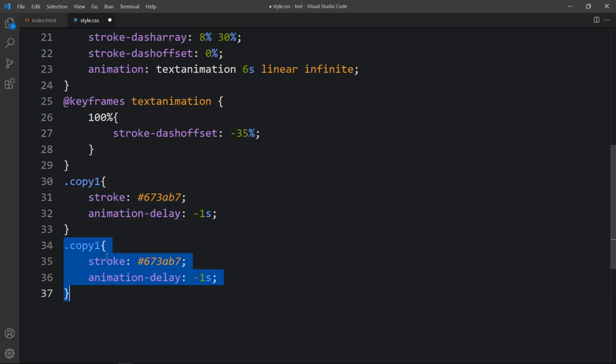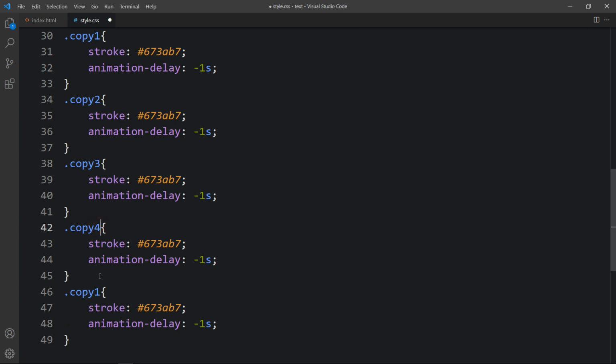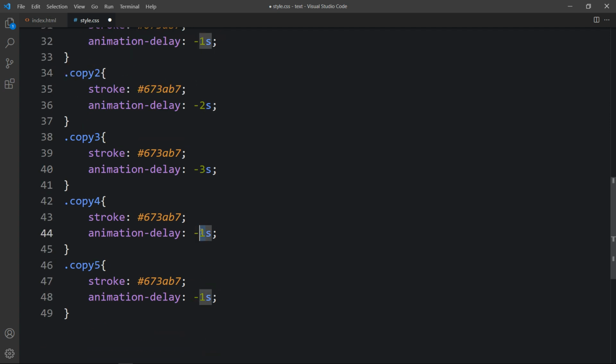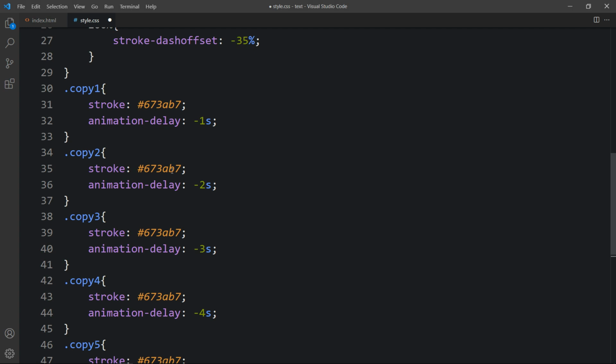Let's duplicate it. So it is copy 2, 3, 4, 5. Animation delay will be -2, -3, -4 and -5. Next we have to change the color code. Let me just copy and paste it here.